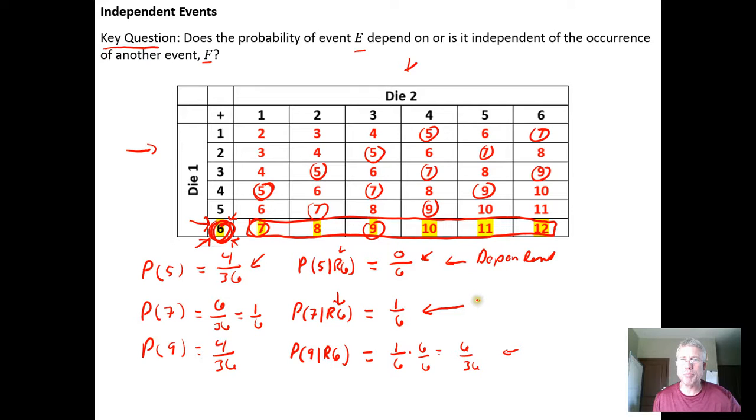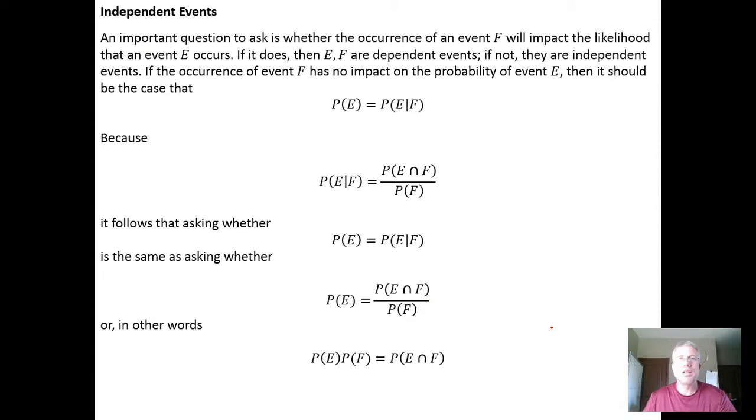It didn't matter what happened when we rolled a 6; the probabilities remained unchanged. And what we want to do is concretize this idea from a formulaic perspective. So here's the idea. If you have an event E,